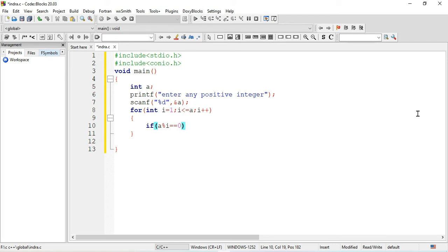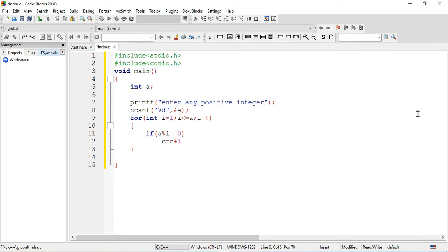We have to count the factors, and for counting purposes we have to take one variable, which is c, and we have to increment this c by 1. The data type of c is not mentioned in the program, so let's declare the variable c here.